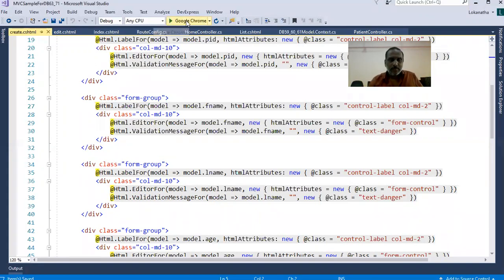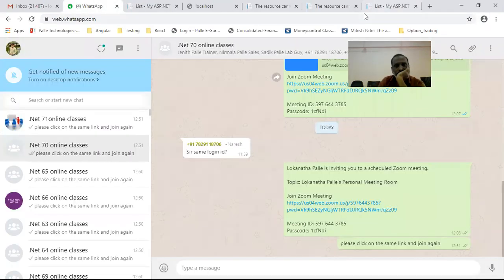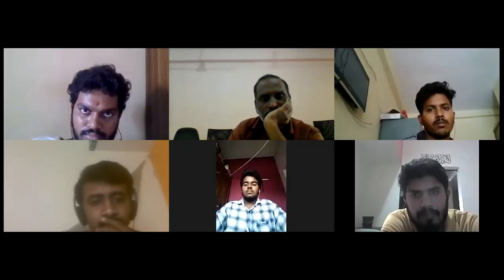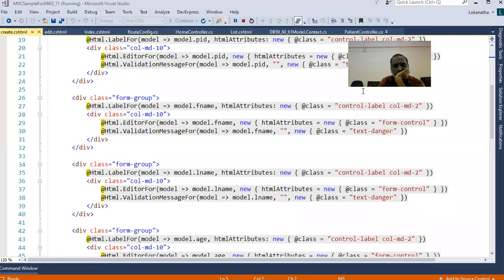Now let us try to verify whether this code is working or not. Now let me see the view.